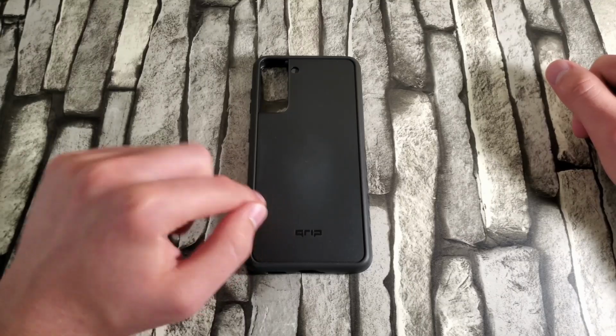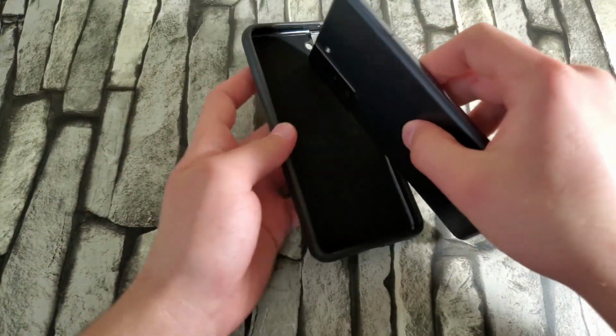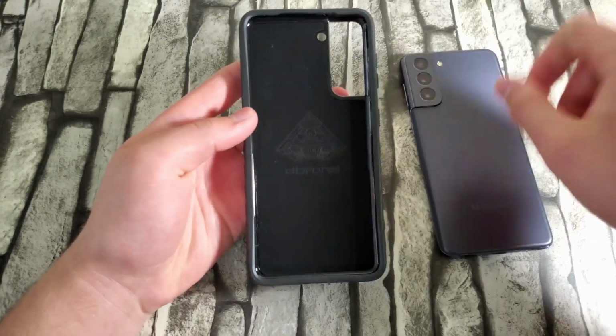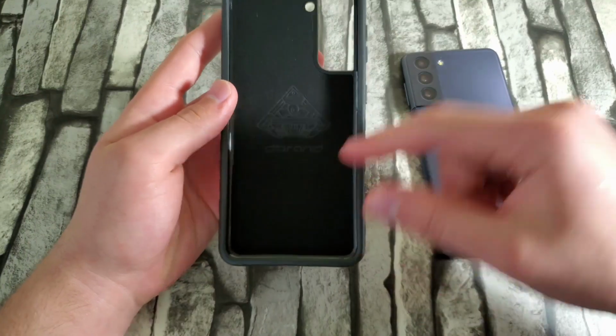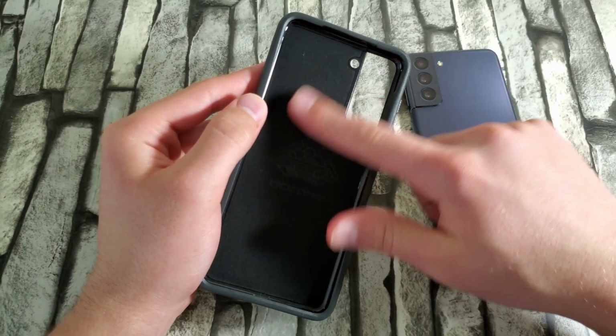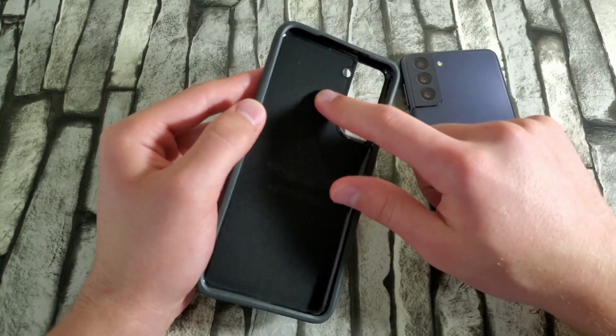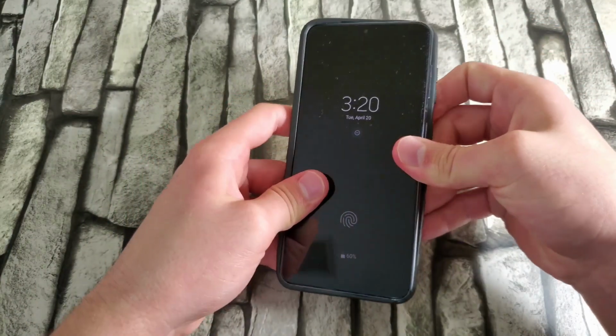But let's go ahead and talk about this case right here. First up, I'd like to put on the phone real quick and just test how easy it is to put it on. And again, there's like this image right here, and then it also says dbrand, and there's this little fiber. It feels really nice. It feels like a microfiber cloth or the outside of the packaging, so that won't scratch up your phone. Let's go ahead and put it in the device,